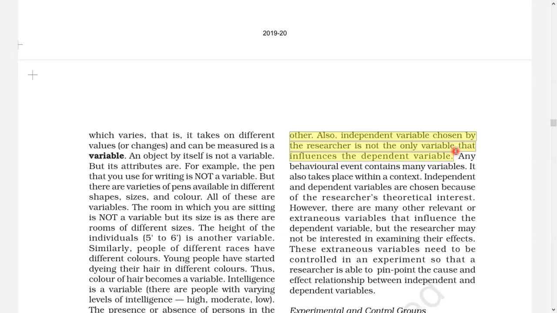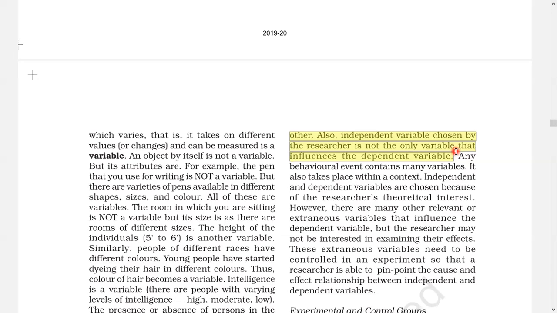Someone can pick on you, someone can call you. There can be funny conditions in a classroom. That is why the independent variable itself does not affect the behavior of the dependent variable alone, but there can be other variables which can affect it. Some extraneous conditions, like temperature, air, there can be different factors.